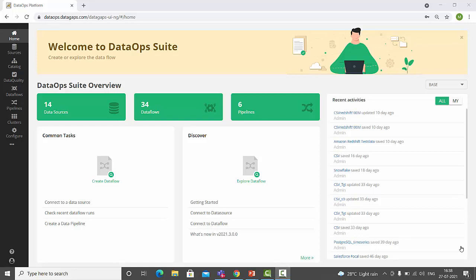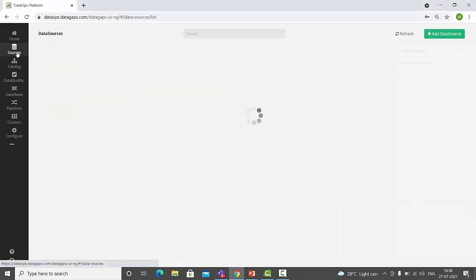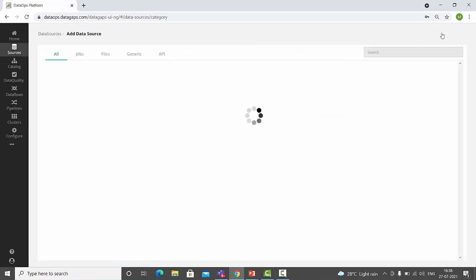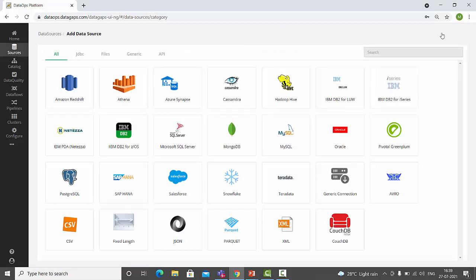In the ETL validation process, you have to have different sources and targets, where the source is where the data is being copied from to the target. So the first step in this is to add different sources. On the left hand side you can see a sources section wherein it shows you different data sources this tool has support for.